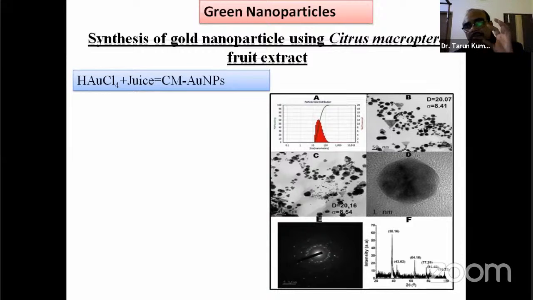However, if you get the materials from nature, from the fruits, from the leaves, that is a component we can use for synthesizing the nanomaterials, so that in your body it will be very, very less toxic. As citrate is used, citrus fruits are generally used for synthesizing the nanomaterials. Okay, so I think it is clear that the green method means you can use different types of fruit juice,